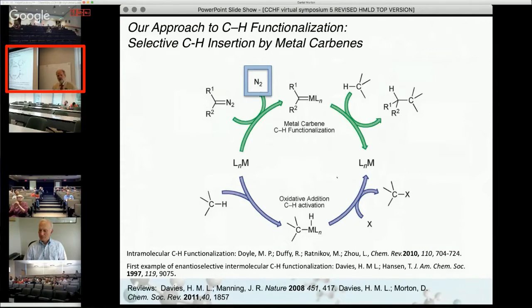Now the challenge has been selectivity, because these are very reactive intermediates, and so being able to get site-selective functionalization has been a major problem. And the way to solve this has been to do the chemistry in an intramolecular sense to be able to get an appropriate reaction to occur. And indeed, on the next slide,